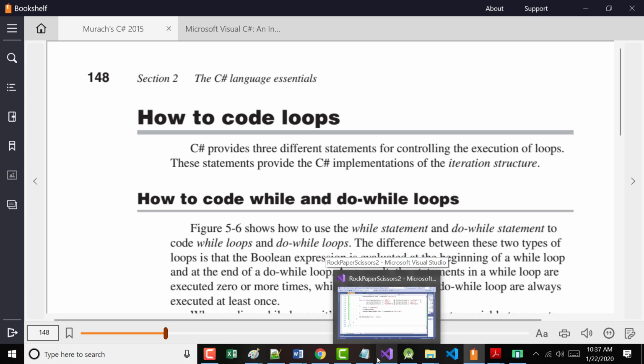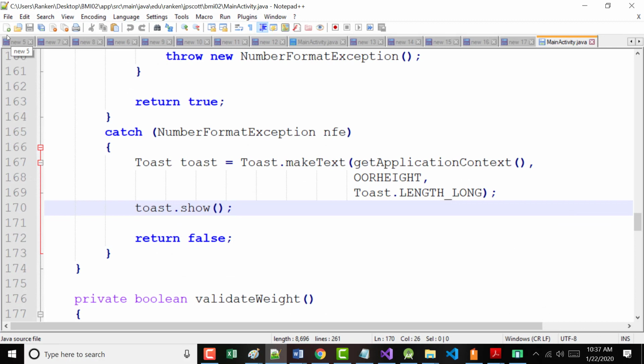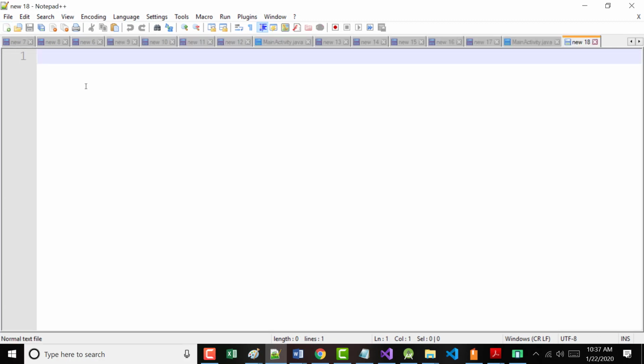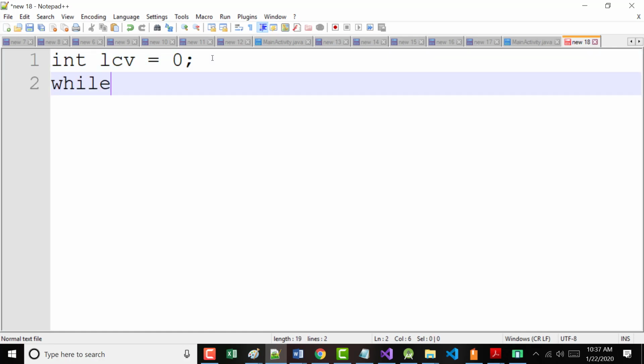To look at loops, I'm not going to start a new project or anything, but let's pretend I've written code here. The idea is, I may have even shown you this already, I want to print the numbers out from 1 to 10. Are you with me? So I'm going to write a quick console program. I can do it, but I just don't feel like it. So I'm going to say int LCV equals 0. LCV is my loop control variable. Actually, let's make it 1. While LCV is less than or equal to 10,